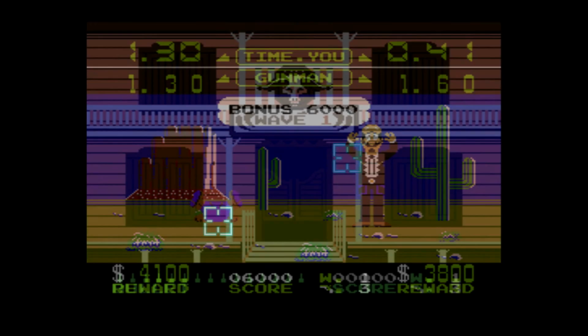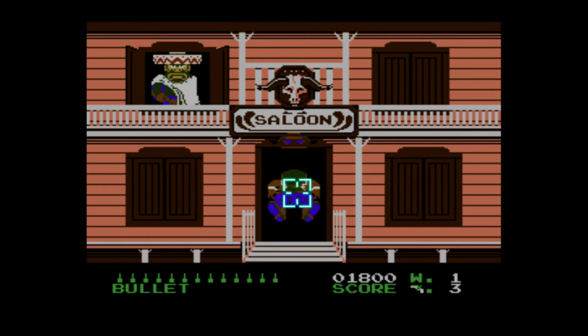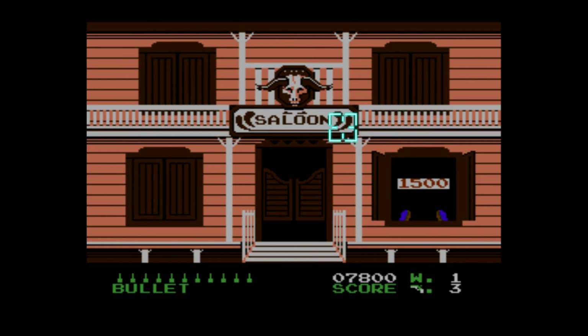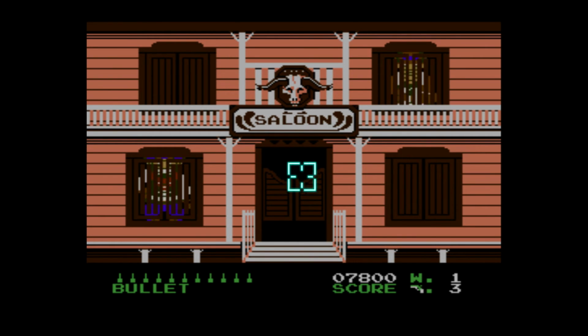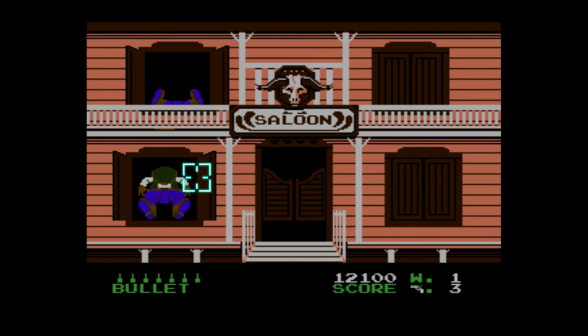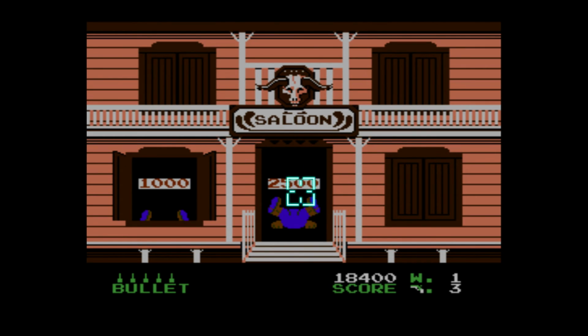The final mode is my favourite mode out of both of the games. Gang, as it's called, is basically a good old shootout. You're standing outside a saloon bar and bandits will pop out of the windows and the doors, and you just take them out. It's almost like Mode B of Hogan's Alley, but this is much faster and it has more